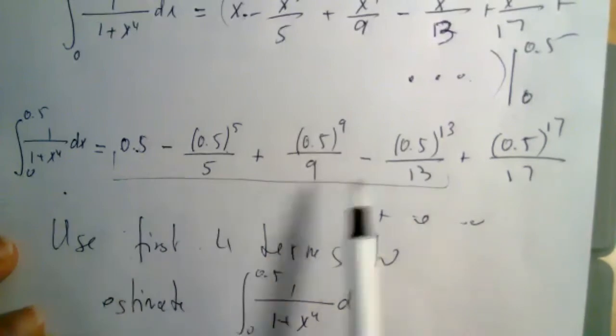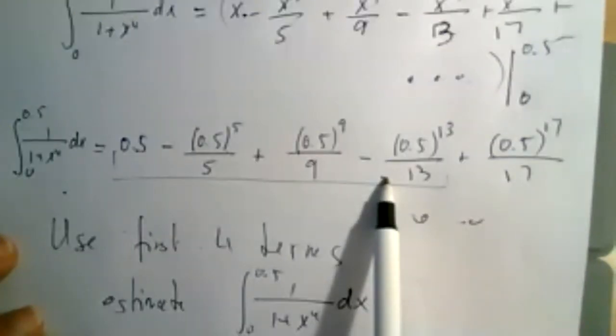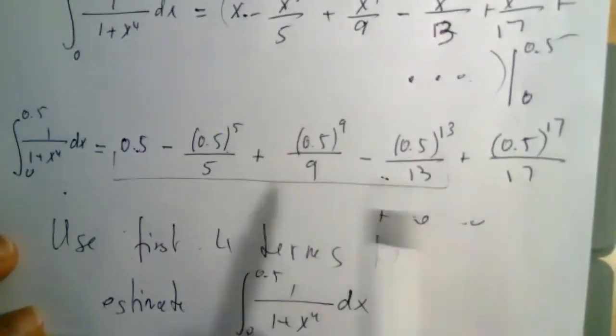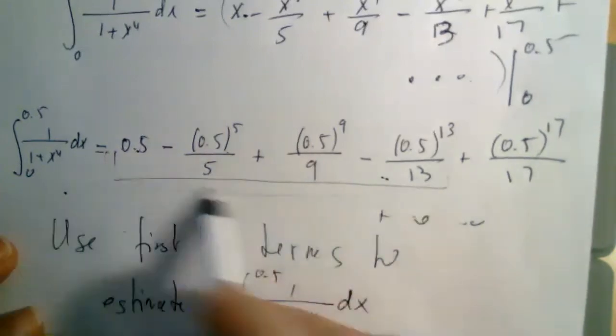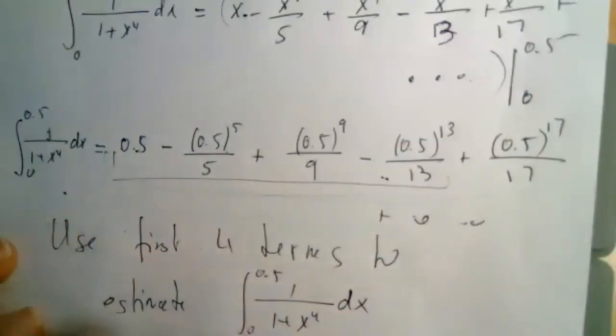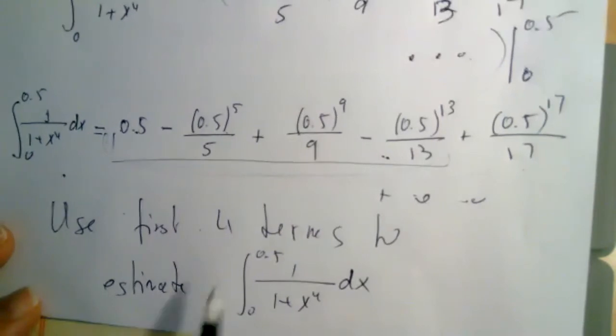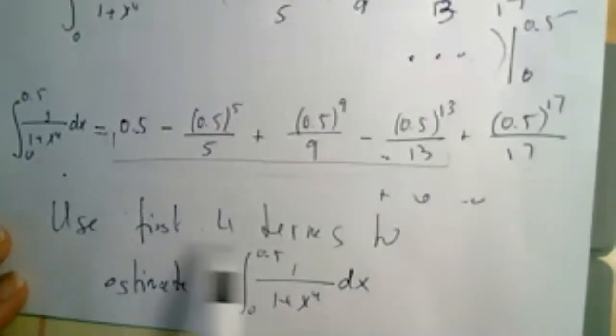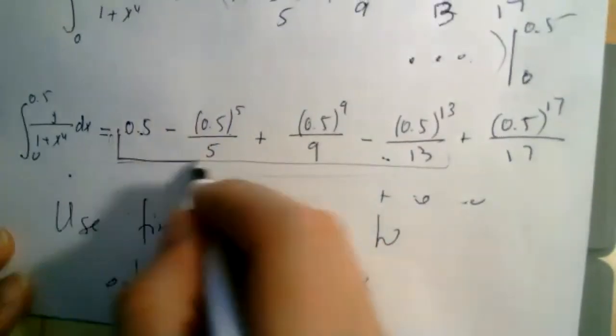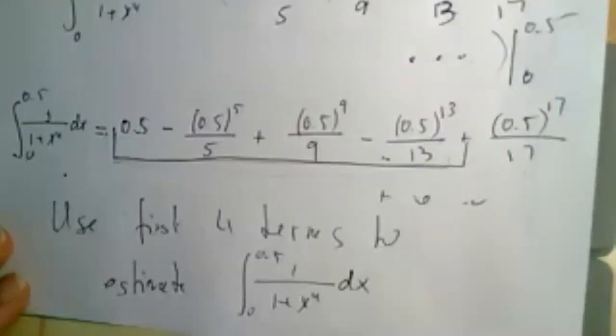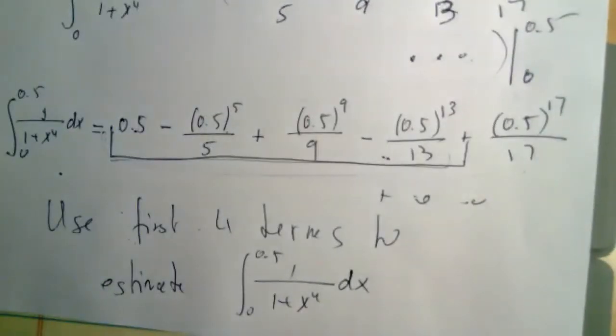I express the integral as a series of numbers now. It means that those partial sums should give me the value of the integral. And now I'm asking you, I only want to use the first 4 terms. It means S4 to estimate this. All right, what do I mean by that? It means I want you to take S4